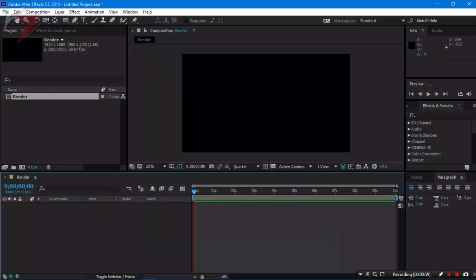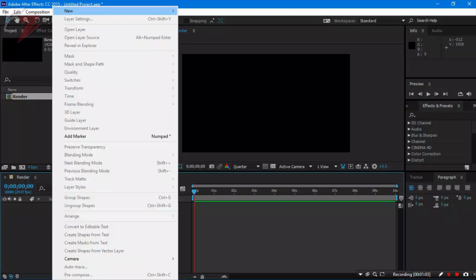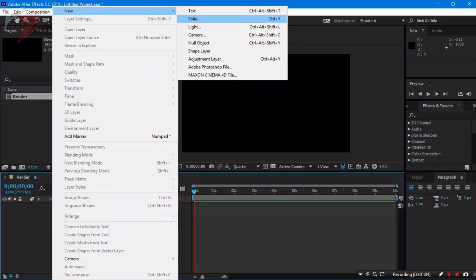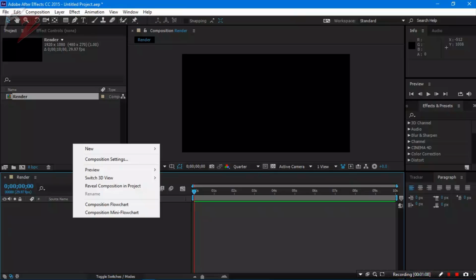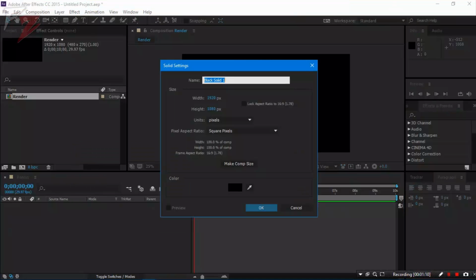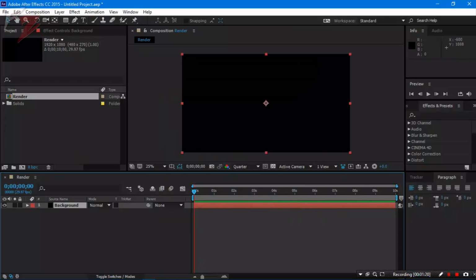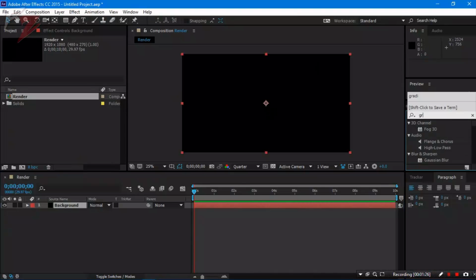Okay, so the first thing we need to do is create a new solid. For that you can simply go to Layer, New, Solid, or press Ctrl+Y, or simply right click here and go to New, Solid. I'm going to name this BG. BG means background, or you can simply type background, and let's click OK. And here we're going to create a background for all of the things. So it's up to you. You want to use a gradient ramp or something, but in my case, I'm going to use a